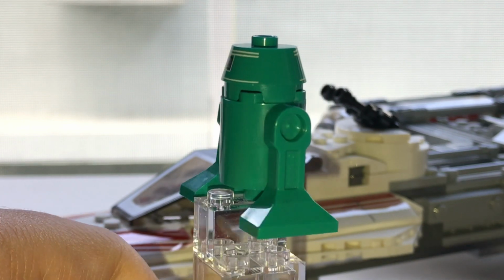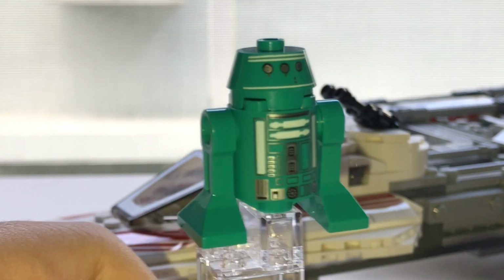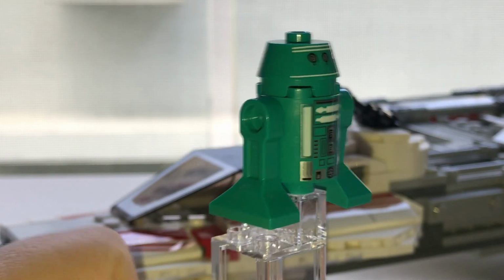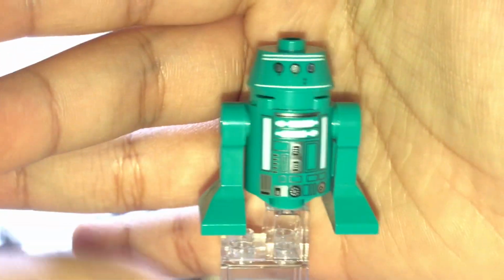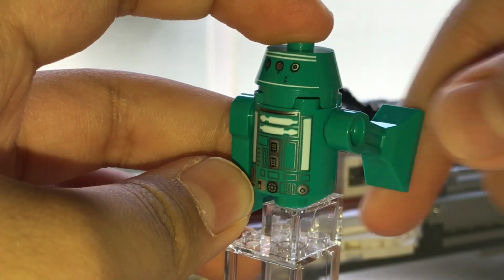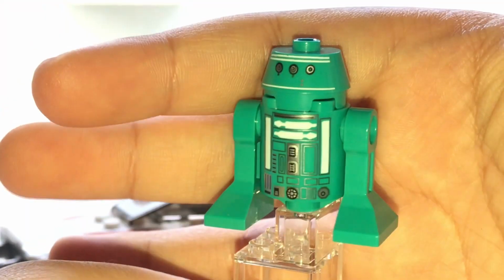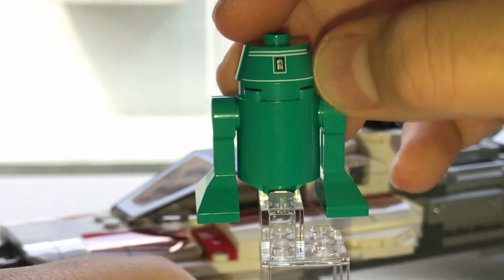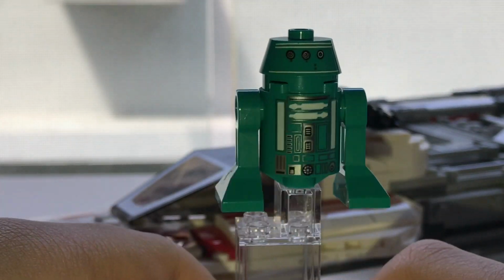Next up is this little turquoise astromech droid. I almost screwed that up. But this is a super cool design, which is also exclusive, as all the minifigures in this set are. I really like this design with the aqua, or sort of turquoise color, which looks super cool. Of course, with the regular droid sort of long arms, I don't really know how to call it. You can see that you have some pretty cool printing on the front and even on the head, which looks pretty cool. Do wish there was back printing though, because in this day and age, we should start getting back printing